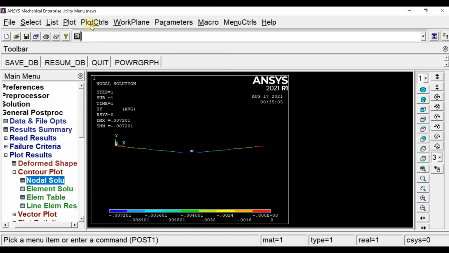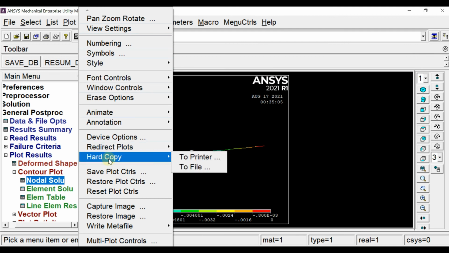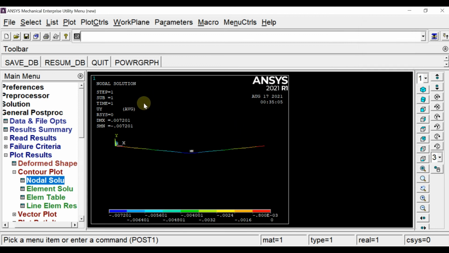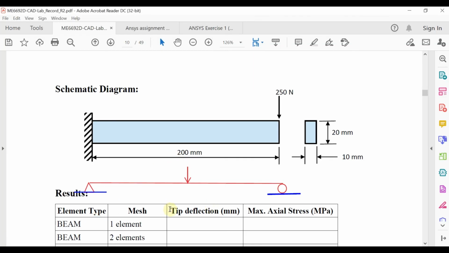Go to plot controls, then hard copy to a file, or you can go to another option also, but it's good to use to a file. Here a BMP file is good. Rename this, and it will be saved in your current directory. This was the deflection. We needed the tip deflection, and we found it.